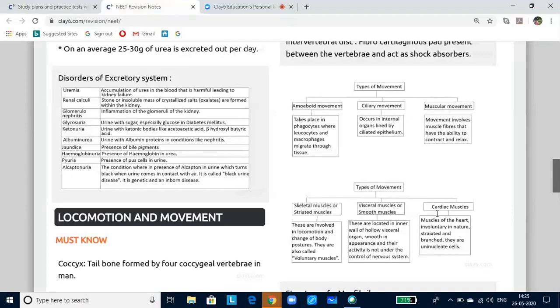All living multicellular organisms are capable of moving their body parts according to their need. The movements can be both internal and external. Now let us try to look at the types of movements. The cells of the human body will show three types of movements.